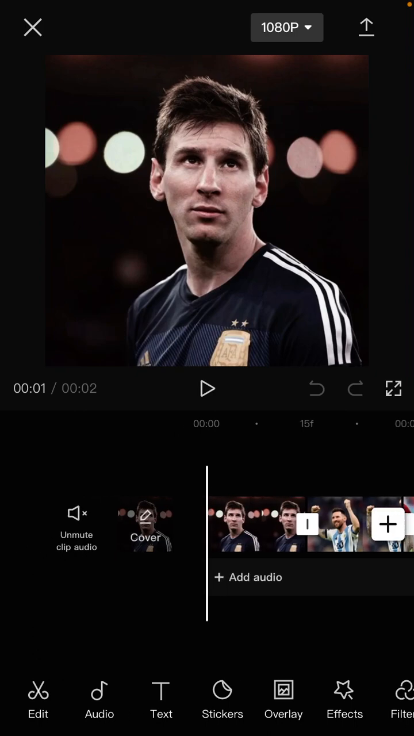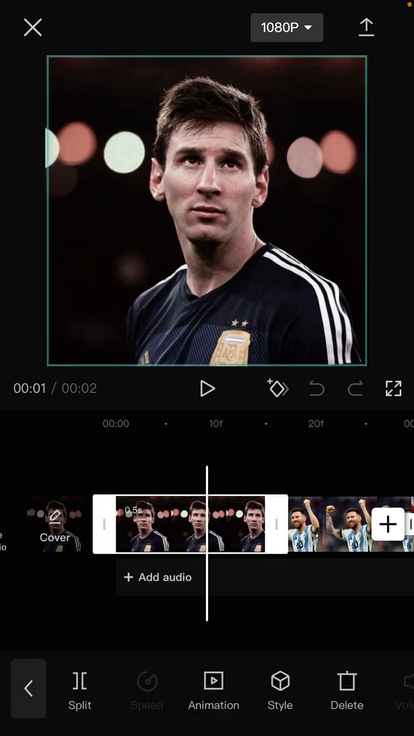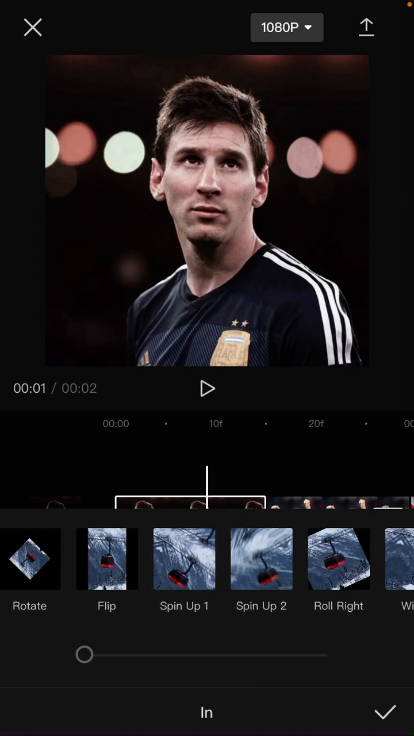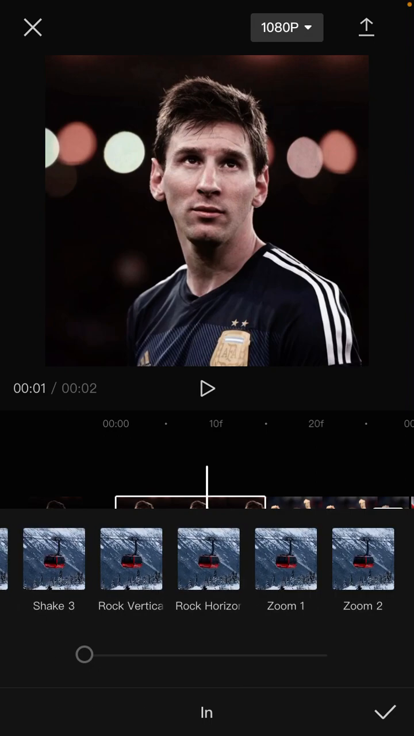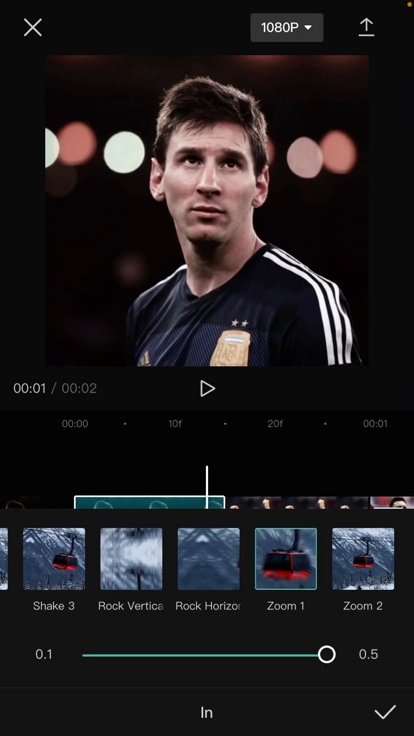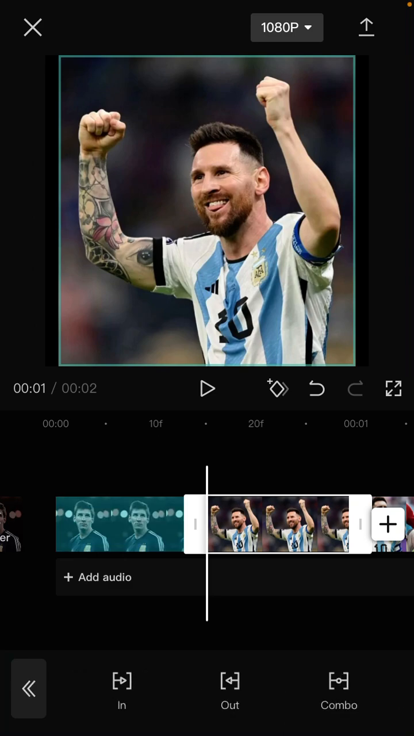So how to add the zoom particle animation: just tap on the clip, select animation in the bottom, and select in animation. Scroll to the right and you can find Zoom 1 and Zoom 2. Just select Zoom 1 for the first clip, select the check mark, and for the second clip animation in,